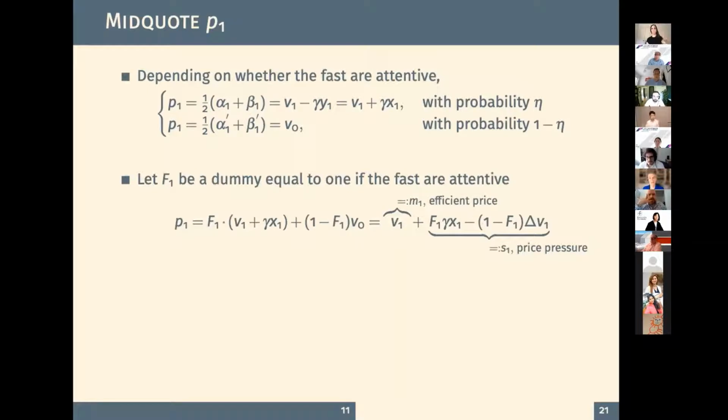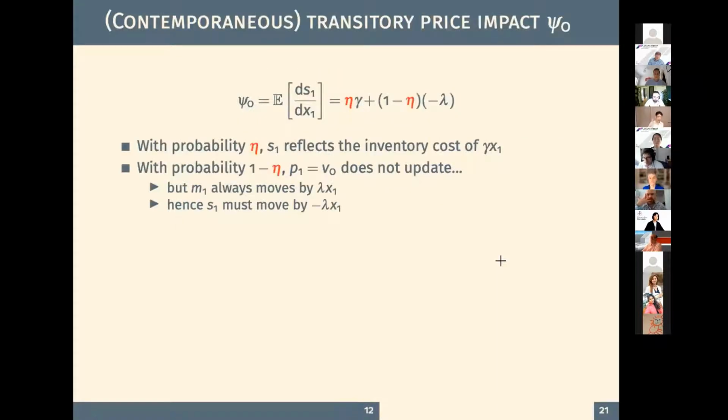So what happens is I can rewrite this introducing a dummy variable. And after some simplification, you can have the mid quote P1 is exactly the efficient price M1, like in the structural model earlier, and some price pressure S1. And then I can compute the expected transitory price impact. And that's a weighted average between the positive inventory cost gamma